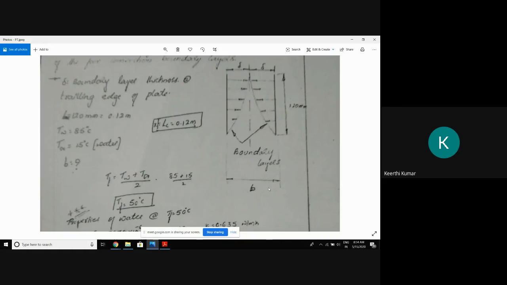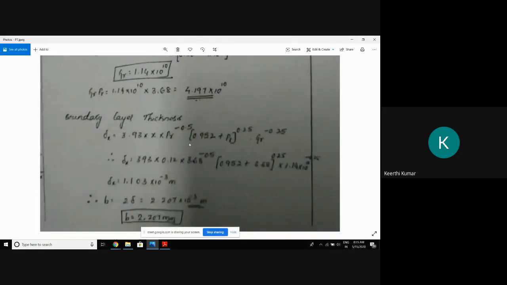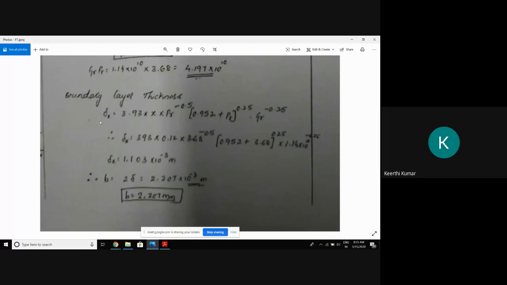The total gap between these two I have taken as B. You can take anything, either B, D, whatever you take. This is nothing but the gap between the two plates. And if I draw a symmetry, because the plate temperature is the same, the fluid temperature is the same, and the dimensions of the plate are the same, the boundary layer will form in the same pattern, the same fashion, so I can use the symmetry. Either you can find the total thickness between the plates, or the boundary layer thickness of one plate multiplied by 2, it will become B. That is the meaning of it. Because Q is not asked, I went directly for delta X.